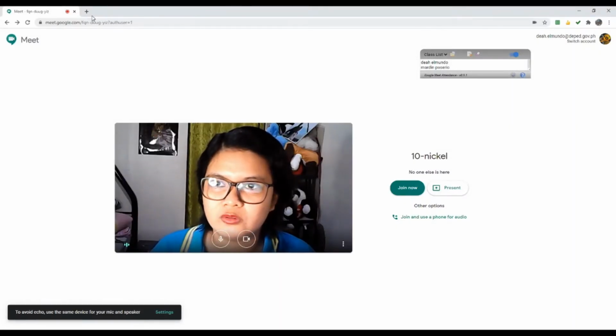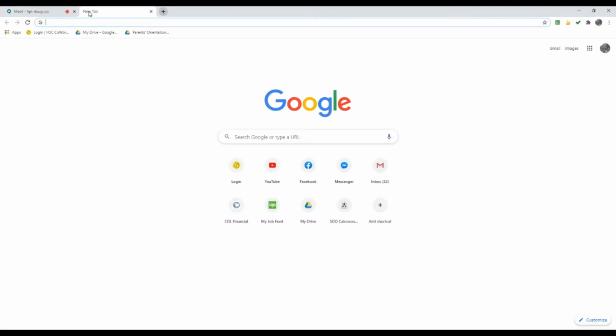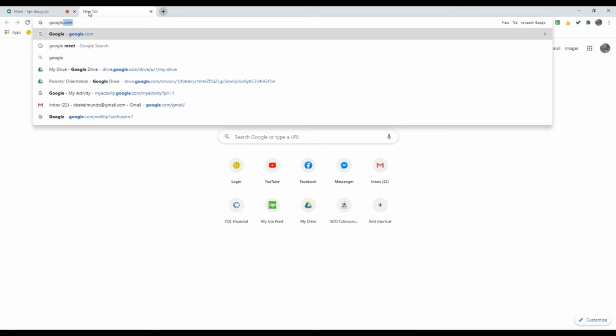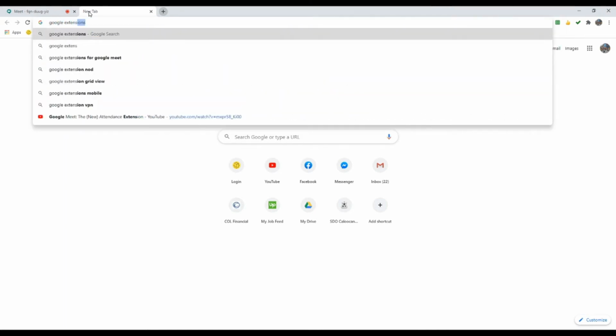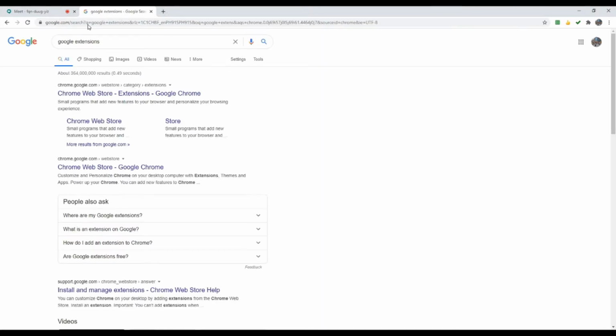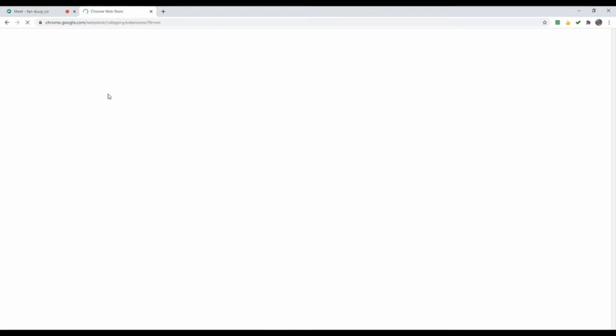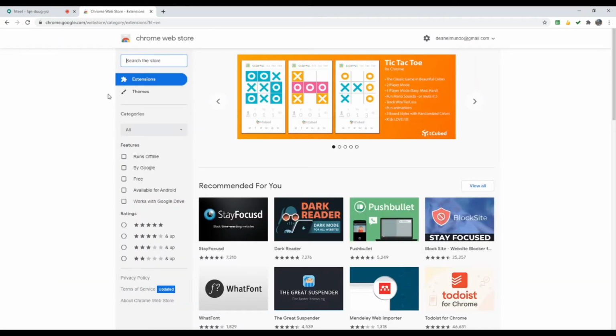Let's go now to the extensions. So let's type here in the address bar "Google extensions" and then find this page, Chrome Web Store extensions. Don't worry because these are safe to install. The extensions have the icon